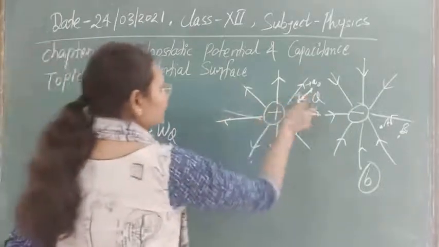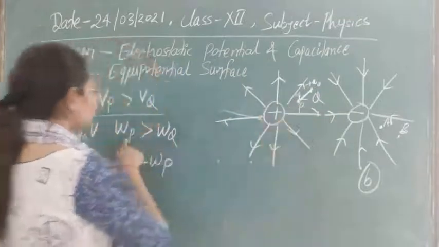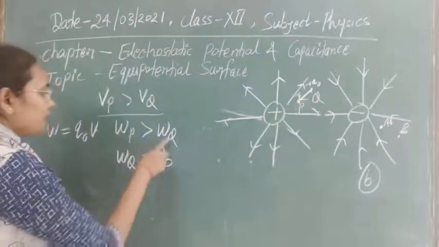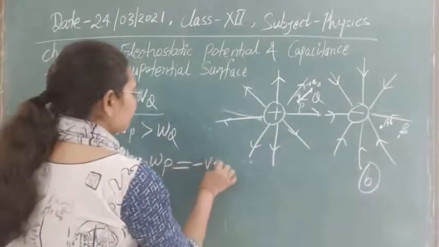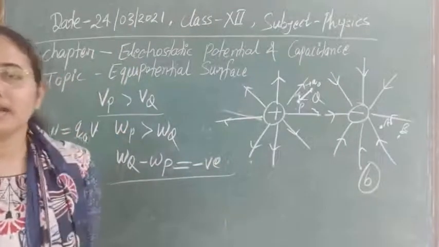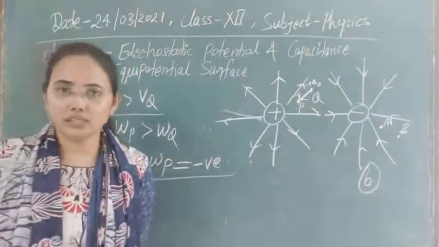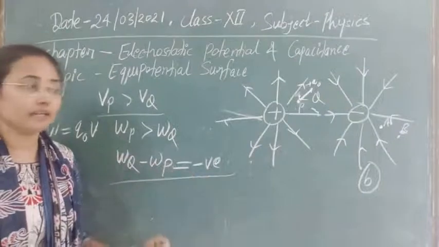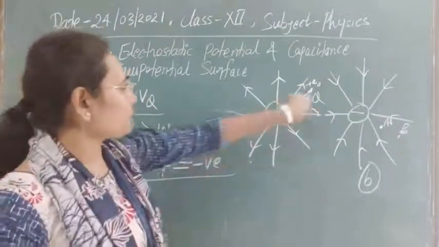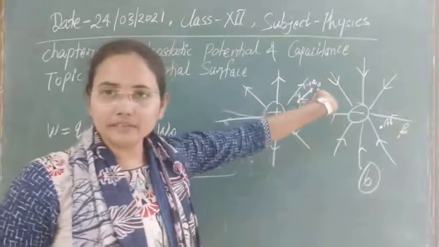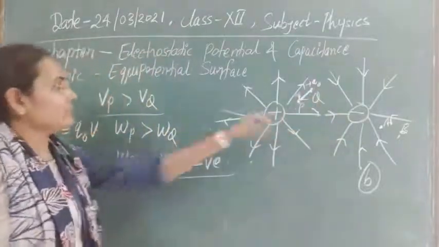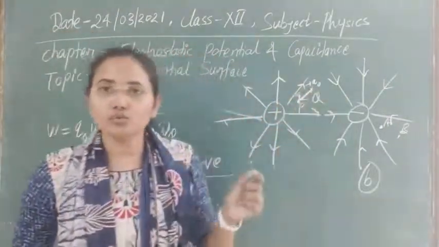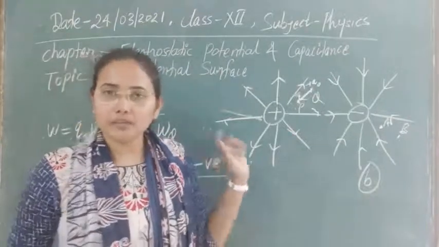Here is work done WQ, here is work done WP, and we are moving it from Q to P. So in this way, from here we can easily see that this will be negative. So work done in this case will be negative. In three ways I am going to tell you this thing. In the first case, by the mathematical way, you can understand work done will be negative. In the second case, as at these two points the potentials are different, and here the potential is greater and the work done is greater than at this point, it means that the field has to do some work here. That's why the work done will be negative.